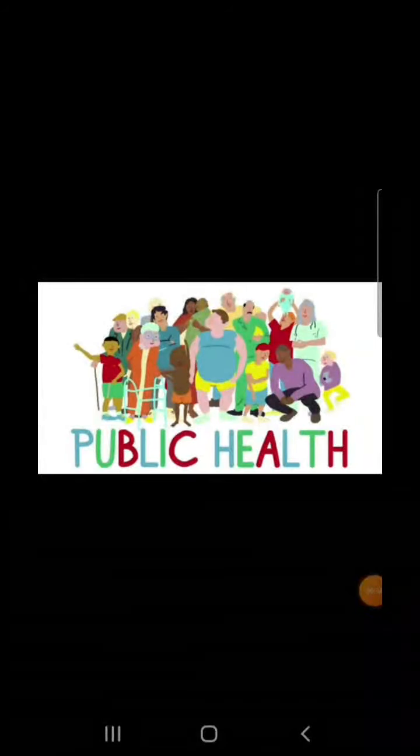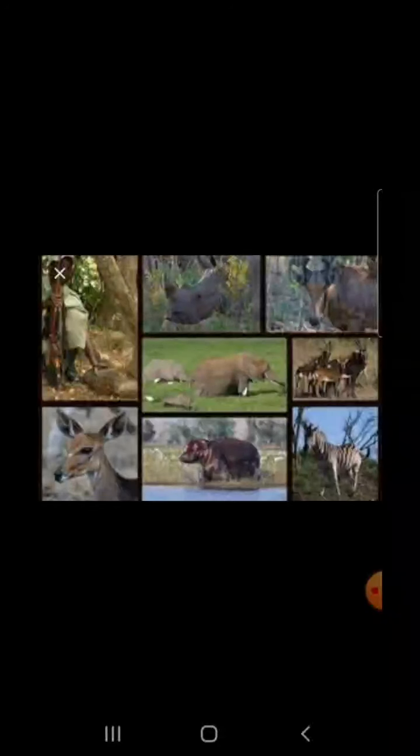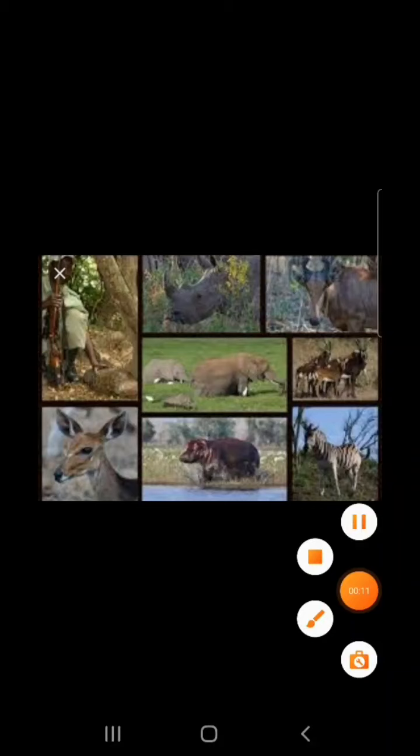The state should secure the improvement of public health. The state shall endeavor to protect, means try to protect, and improve the environment and safeguard the forests and wildlife of the country. The state shall protect all monuments of historic interest and national importance.